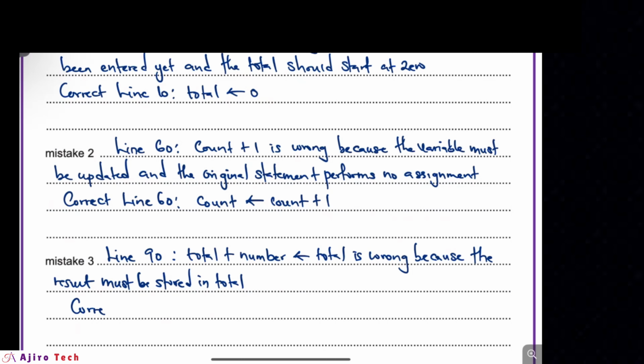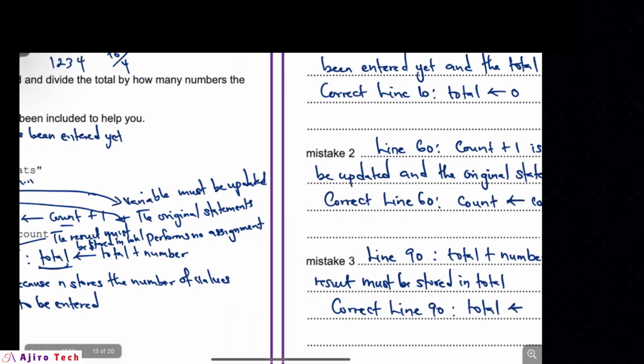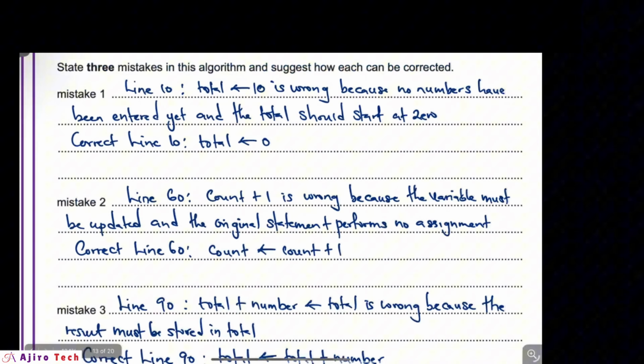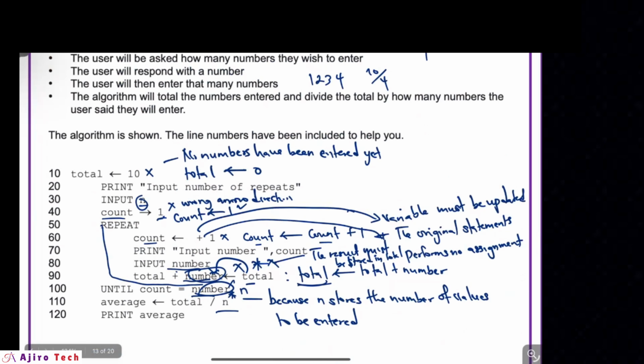So correct line 90. What did I put there? Total, yes. So total is equals to total plus number. Okay, so that's done. Students are always scared of this, so I just had to explain and show you